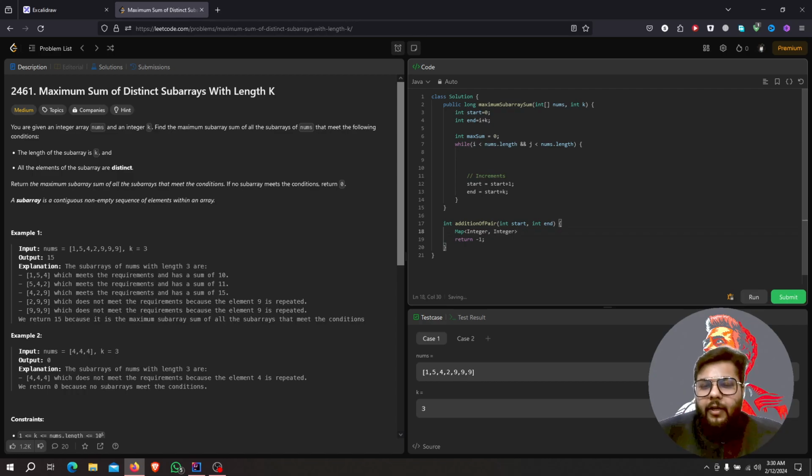We could also take an array if we want to, but for simplification reasons I am taking a map. By the way, this approach takes time here, space here. So map dot